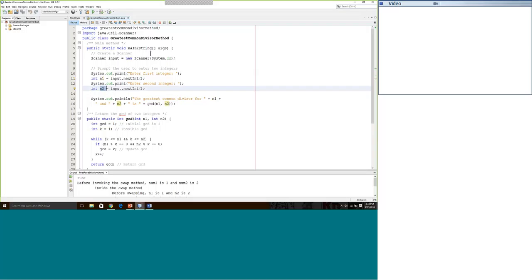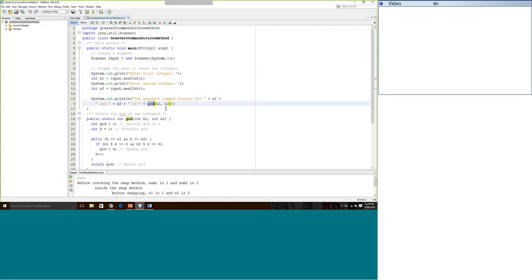And we know what the greatest common divisor is. If I was to give you an example of, let's say, the greatest common divisor of 6 and 9, well, we can do the mental math and say that that greatest common divisor, the GCD, is going to be 3. So let's use these two as examples. N1 is going to have a 6, and N2 is going to have a 9. The greatest common divisor for N1, or 6, and N2, or 9, is we're doing a method call. The GCD method is being invoked, and we're passing it two